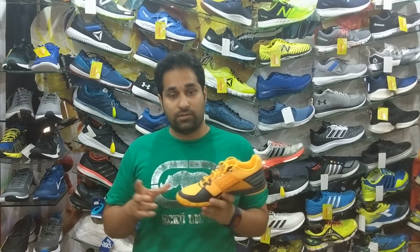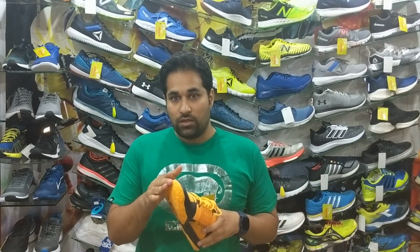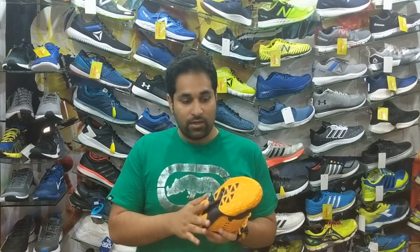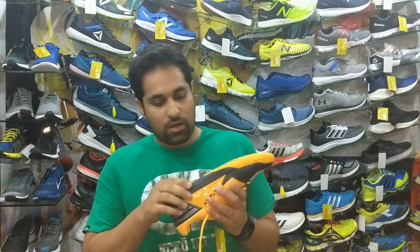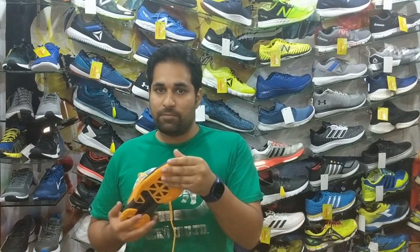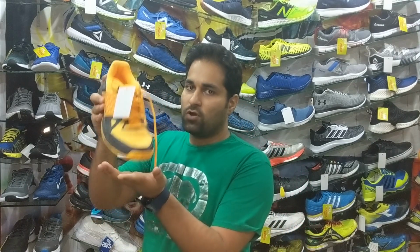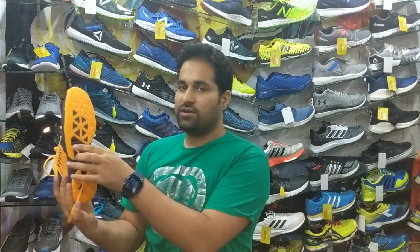Of course, the abrasion qualities are not only limited to the forefoot area; they are also limited to the midsole area, to the heel area. Now, if you talk about the midsole area, it is extremely flexible. It is very highly flexible, because flexibility is an essential need for a badminton player, because most of the times when he is lifting a shuttle, he has to move on his toes. So when he has to move on his toes, the shoe will bend, and this part here has to be